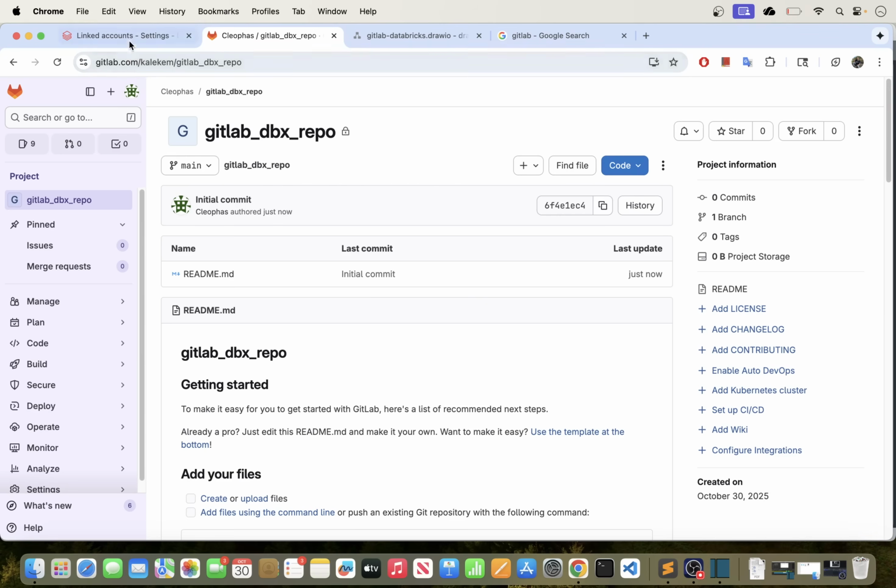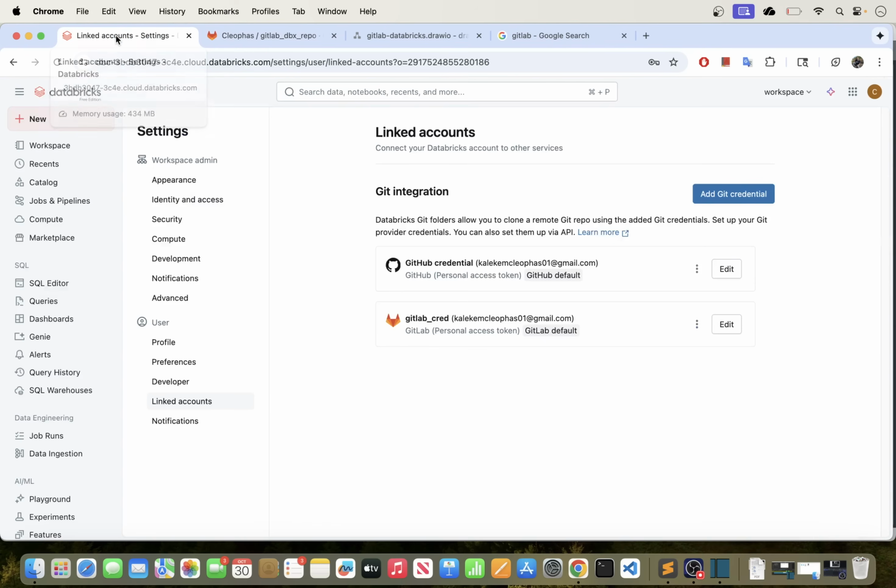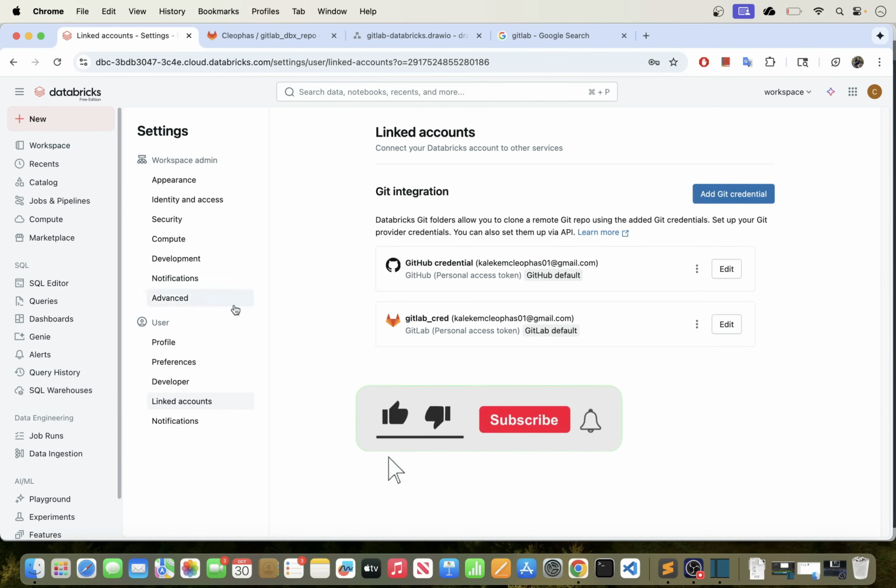Okay, so we have our repo ready. Now what is the next thing we need to do? We basically want to clone this repo and then bring it over to Databricks so that we can use it. Okay, so I'm going to go over to Databricks now, and then what you want to do, okay,